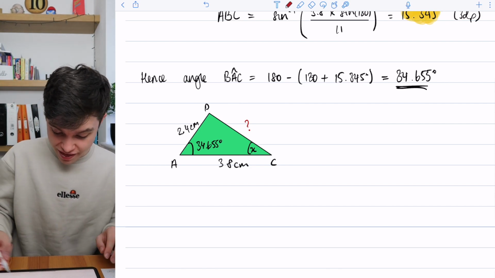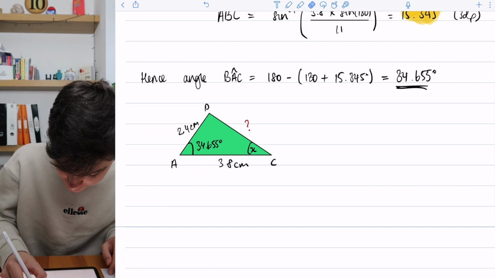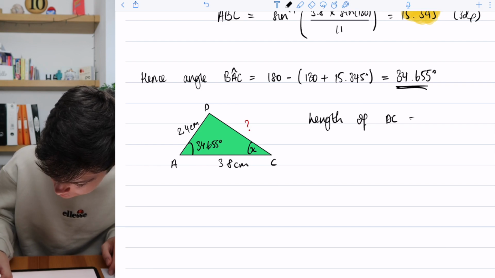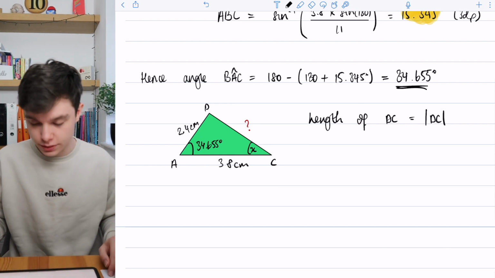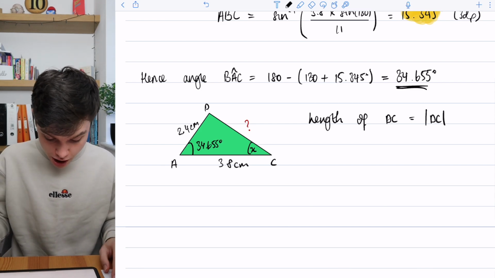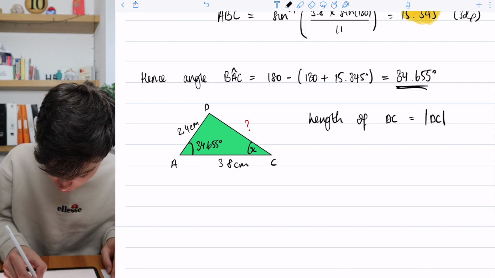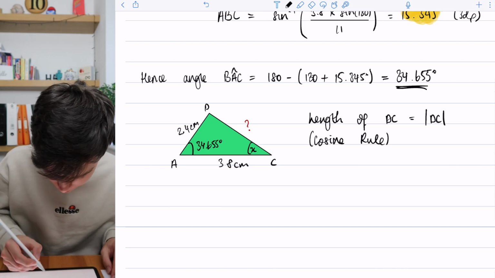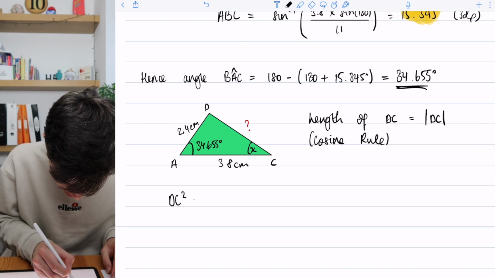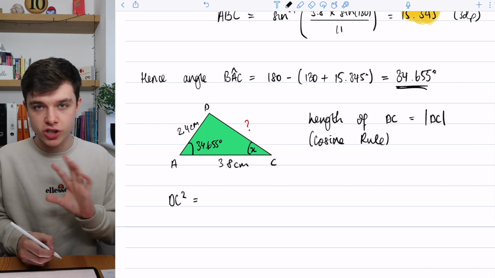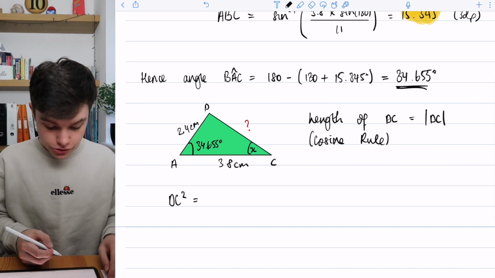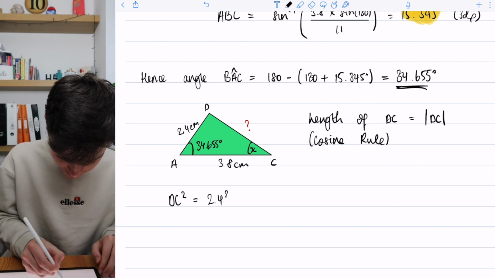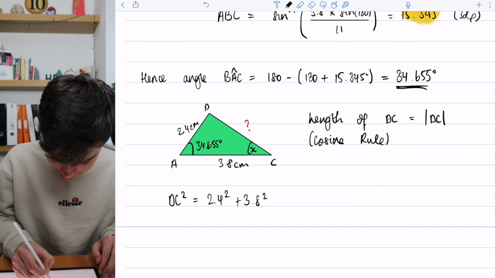Okay, let's do that. So the length of, I'll do it in black, the length of DC, and sometimes it's actually written like that, okay? Just be careful of that. So DC is, and we're going to use the cosine rule here. I'll put that in brackets because we've got two sides and the angle between them. So DC squared, because that's what the cosine rule is, it's A squared, but we'll change it to DC squared, is equal to B squared plus C squared, the other two sides squared, so 2.4 squared plus 3.8 squared, minus